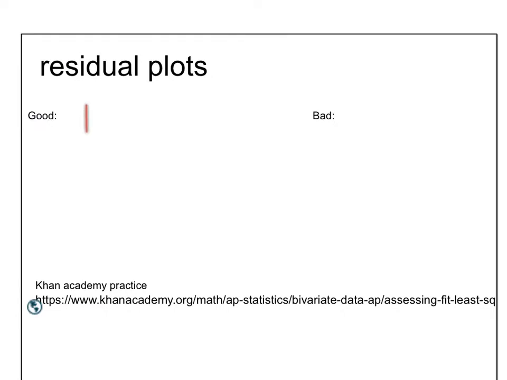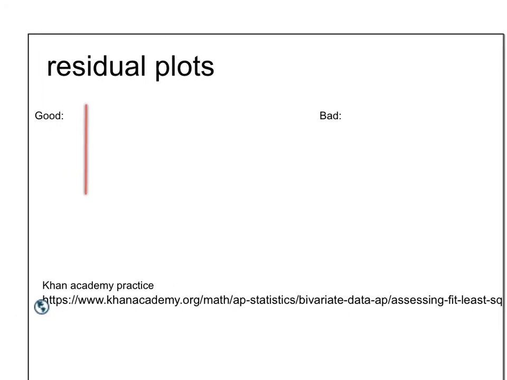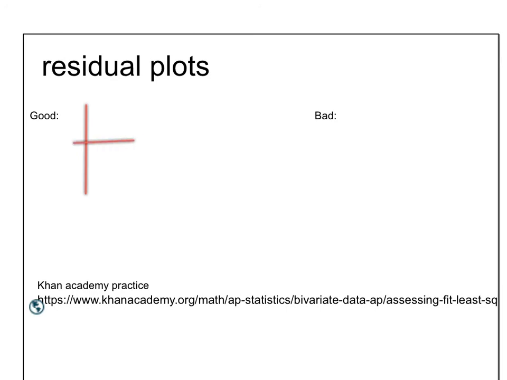So what does a good residual plot look like? Well, it's going to be like this. And just to label this, 0 is the least square regression line, or the mean of the residuals. Your positive residuals are here, your negative residuals are down here, and X is your explanatory variable. Okay, so a good one has points kind of equally above and below